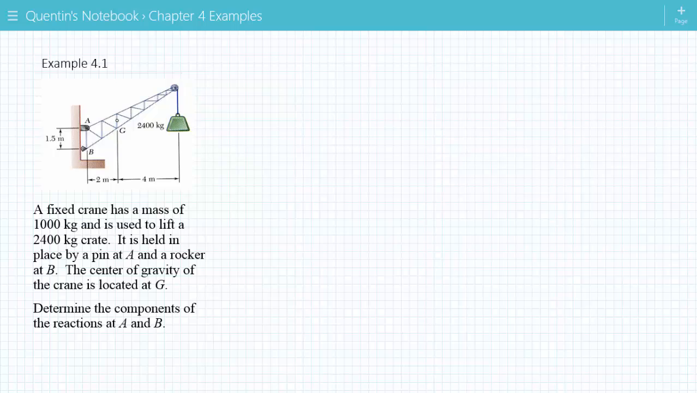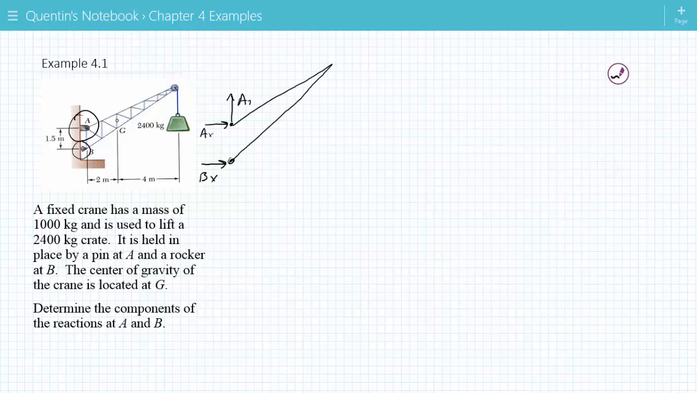So for all these things, the first thing we're going to do is create a free body diagram. So we have this crane coming off here. What do we have at point A? We look at this connection. It's a pin. So we have an unknown in that direction and an unknown in that direction. I'm going to call them AY and AX. Now at point B, this is just a rocker, so there's only one unknown, and it is in that direction,